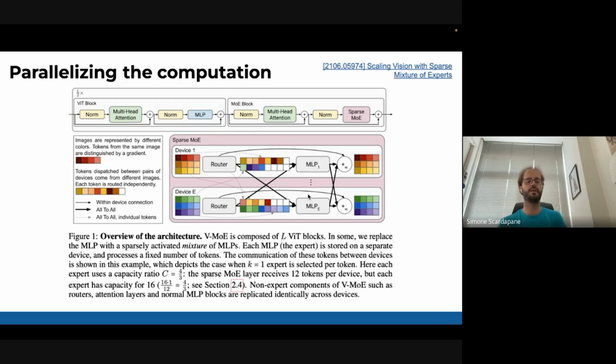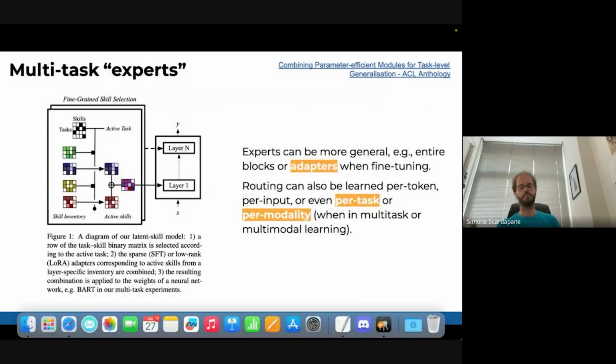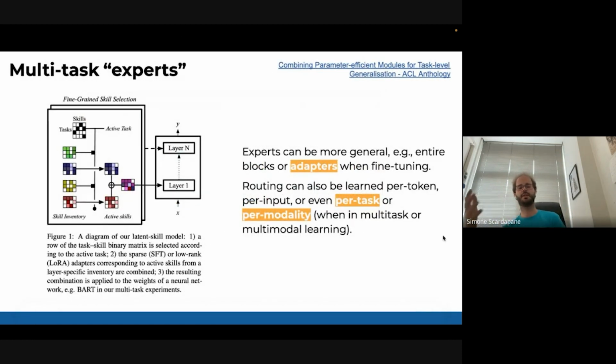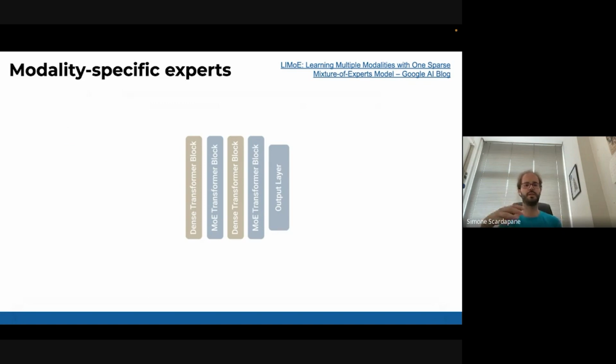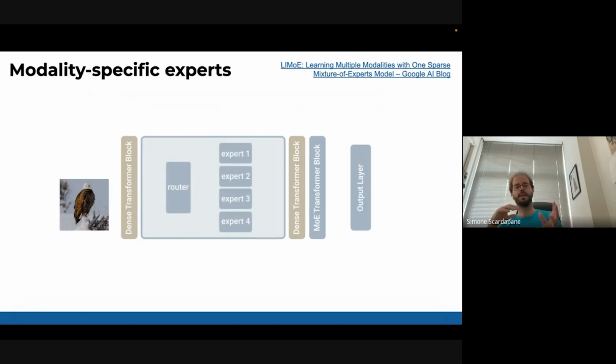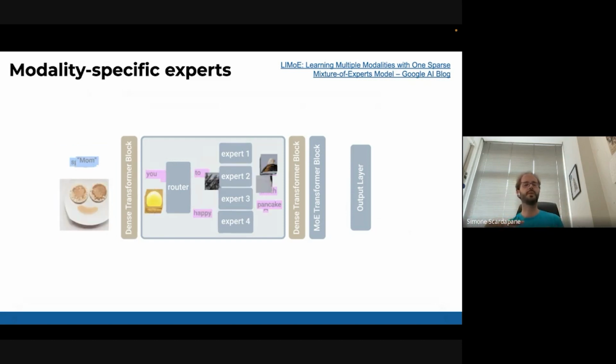So if you have very big architectures and very well-made hardware infrastructure where these GPUs are highly interconnected, it can improve the scaling a lot with sparse mixture of experts. But the reason I like them, as I told you, let me just give you one example, is that they are a very nice fit for multitask and multimodal problems.